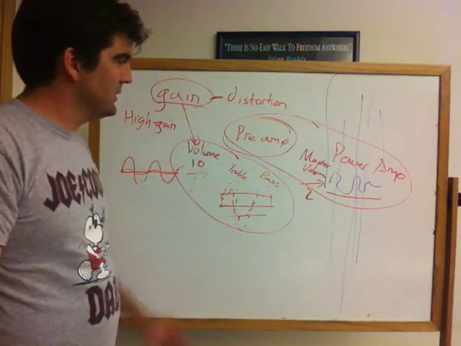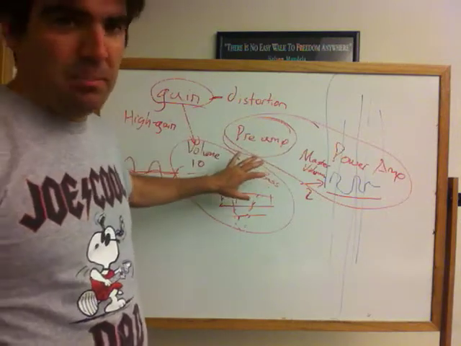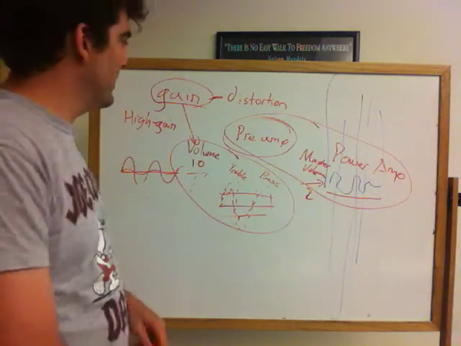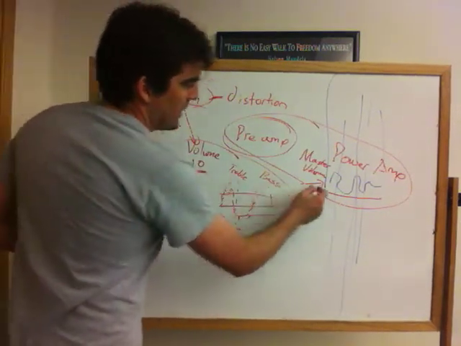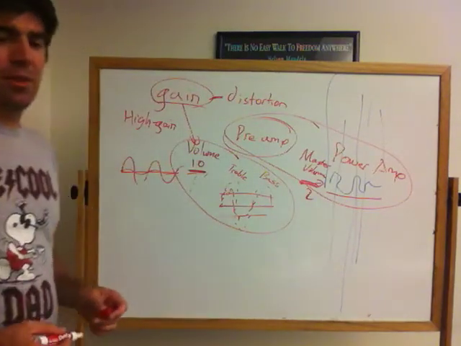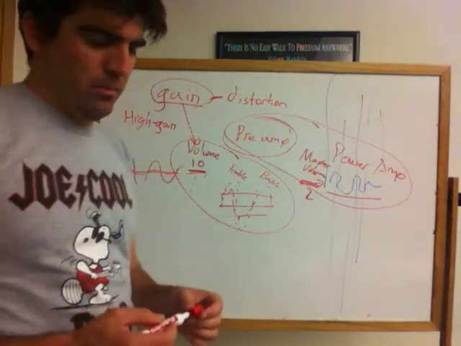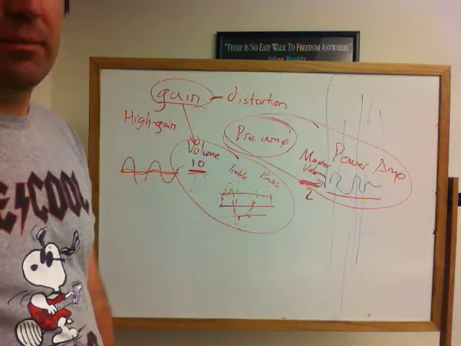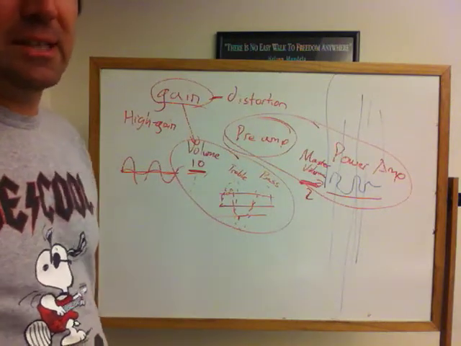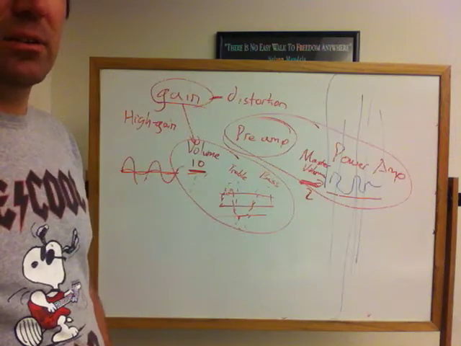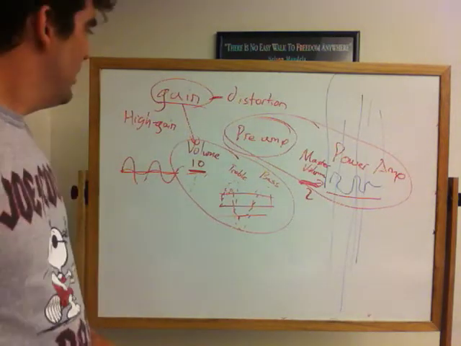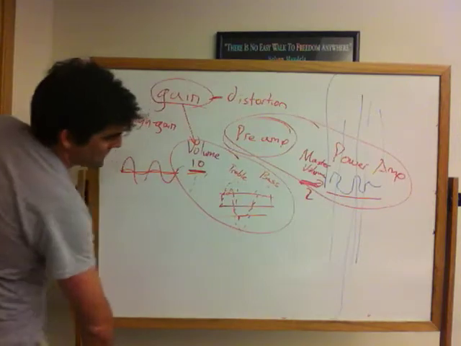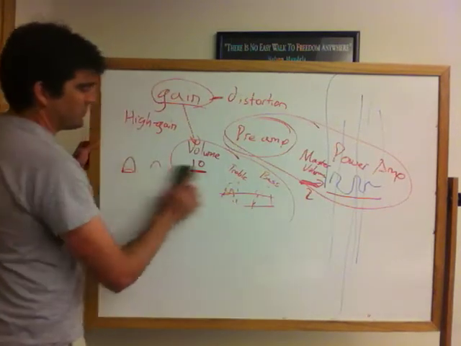And what has happened is when they put a volume knob here and a master volume here, they're basically building a distortion pedal into the amp, and that's what they started doing in the mid to late 70s, maybe even a little earlier than that. Okay, well, this is going to be a kind of a messy board, but